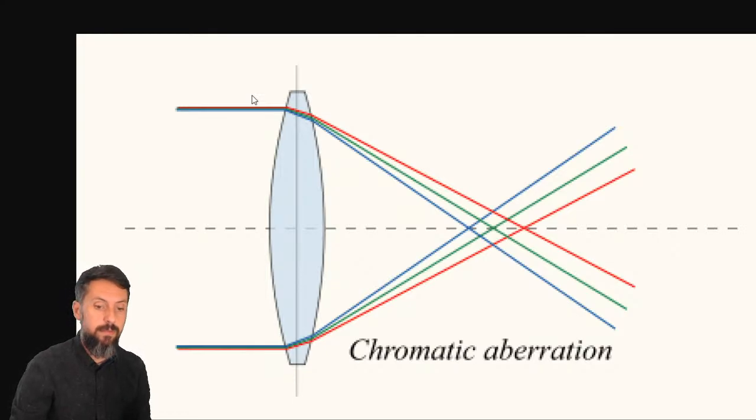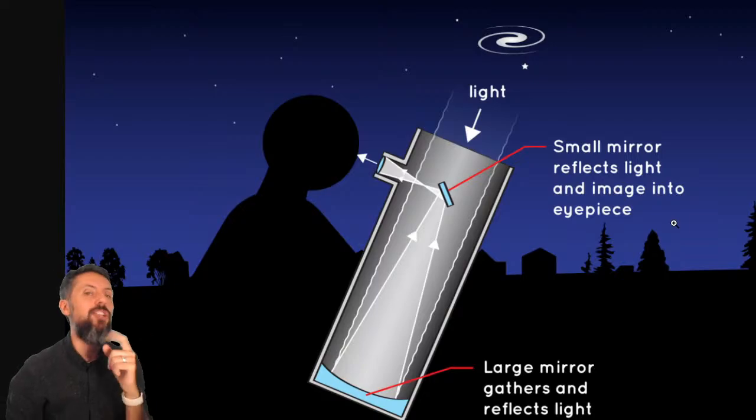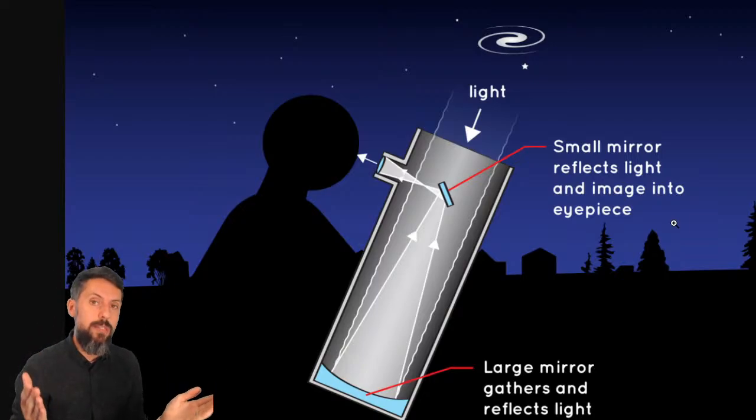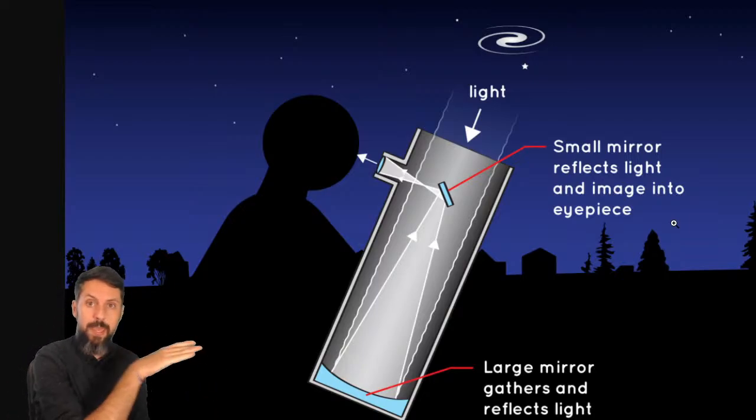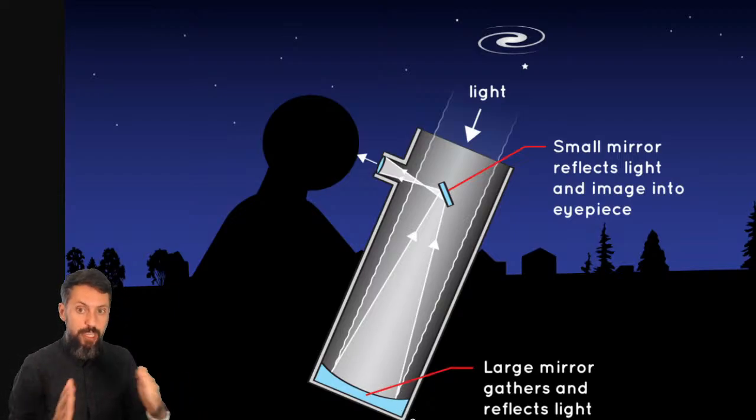So in the 1650s, 1660s, another guy named Isaac Newton came up with this. He said, if I want to focus light, I don't just have to use a lens, I can use a mirror. If I take a mirror and make it curve specifically, it will also focus the light. So light will come in from space, this mirror will act like the lens and reflect the light focused back